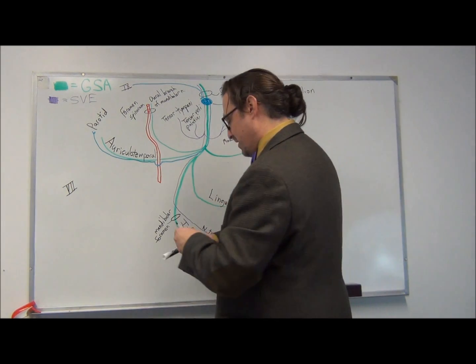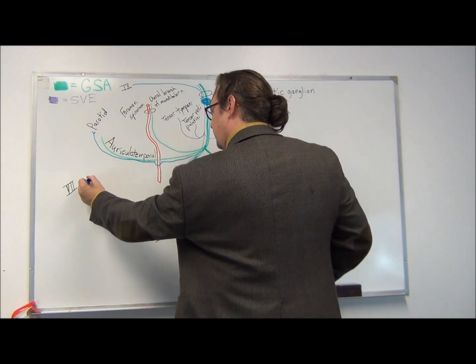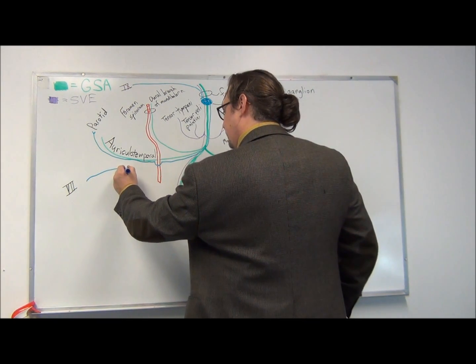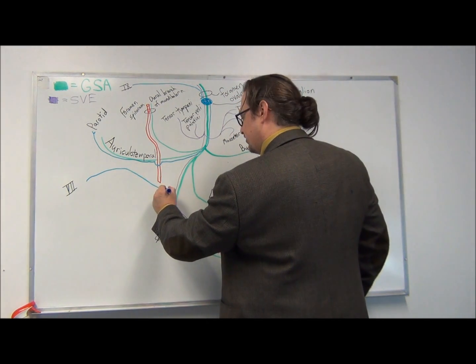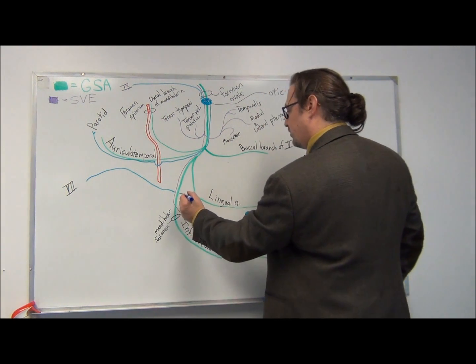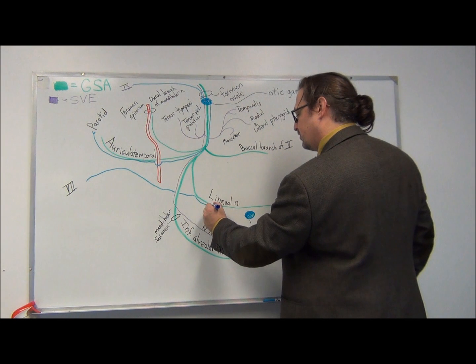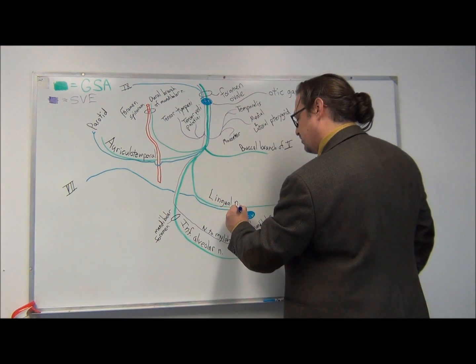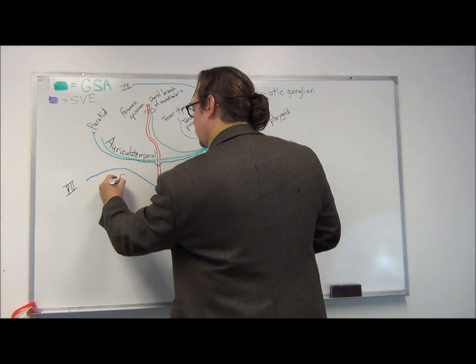Cranial nerve 7 also has a branch called the chorda tympani that descends through the petrous portion of the temporal bone after it peels off of 7, and it runs through the infratemporal fossa on its own until it gets to the lingual nerve, at which point it joins the lingual nerve, and its axons run on the lingual nerve surface, and that's what allows it to approach the submandibular ganglion. So here's the chorda